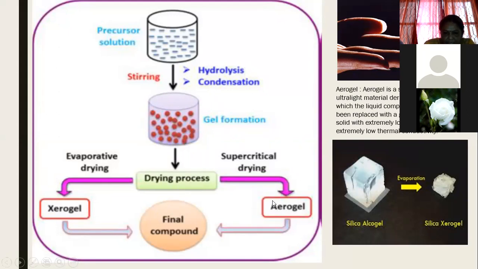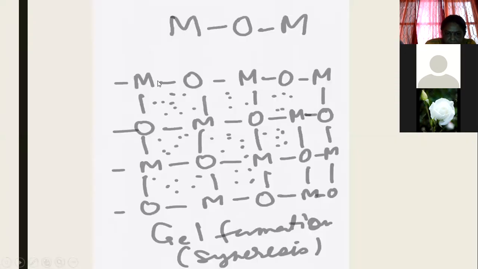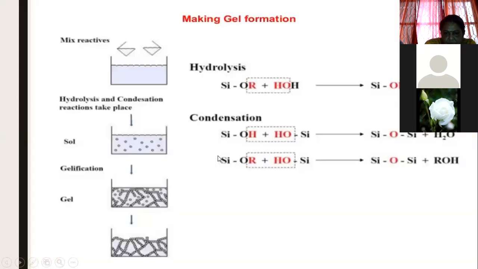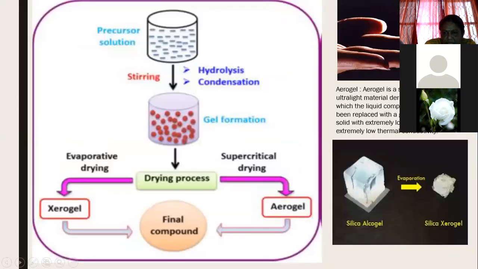So aerogel, how it forms is as I have shown you. Like here, when all the solvents are evaporated, this place will be filled with air or any gas. So this entire network will remain there, but these pockets will be filled with the air, and in this way the aerogel forms, which becomes the lightest material and lightest nanomaterial. So that is called the aerogel.